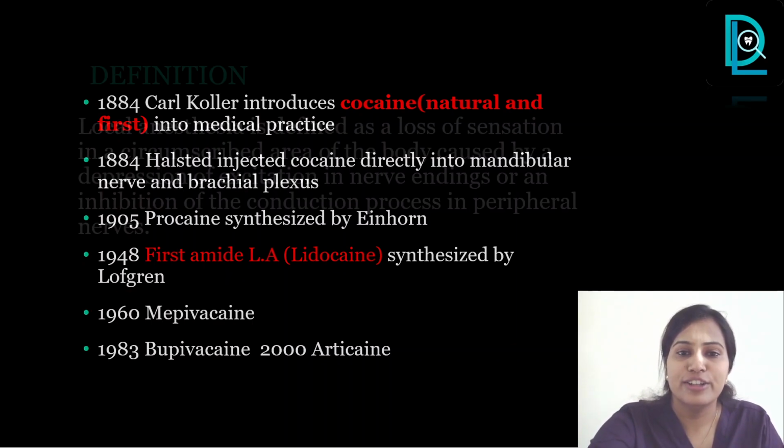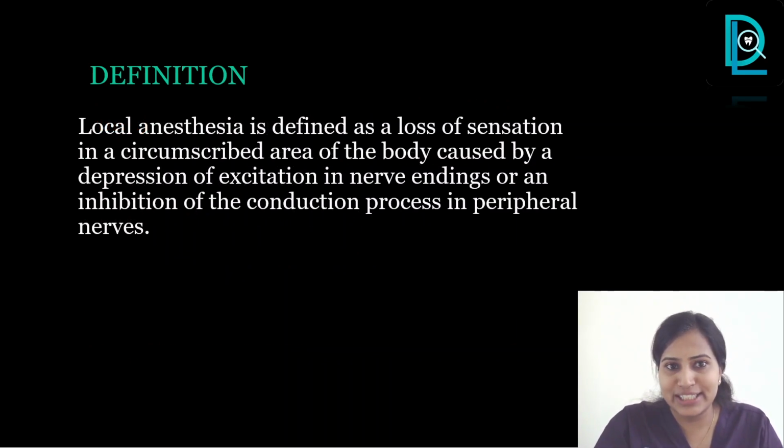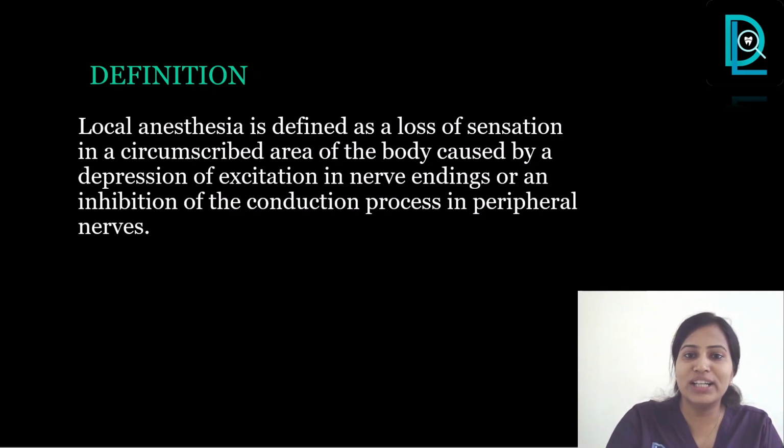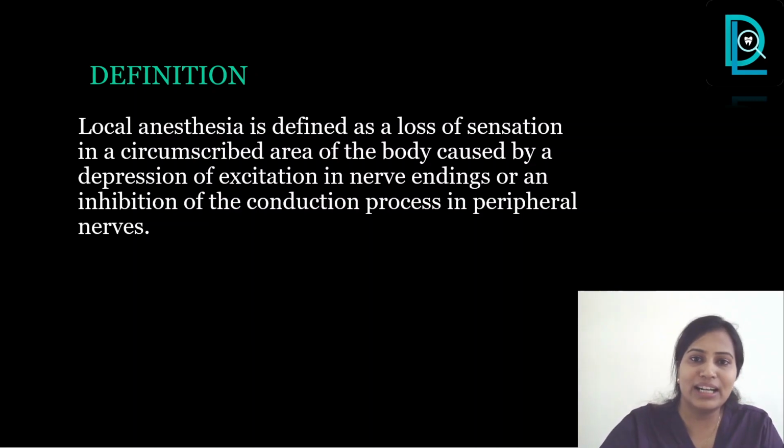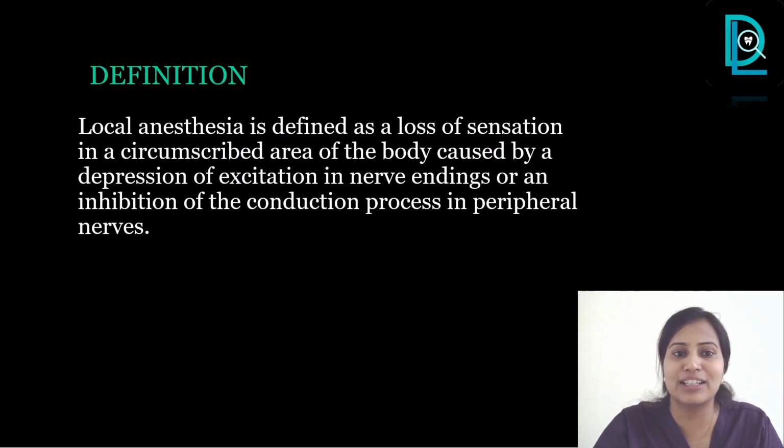Okay. So what do you mean by local anesthesia? We all know that it is a loss of sensation in a particular area of the body. How does it happen? Due to the depression of excitation in the nerve endings or an inhibition of the conduction process in the peripheral nerves, which means the normal conduction process is inhibited somehow and then you attain the local anesthesia